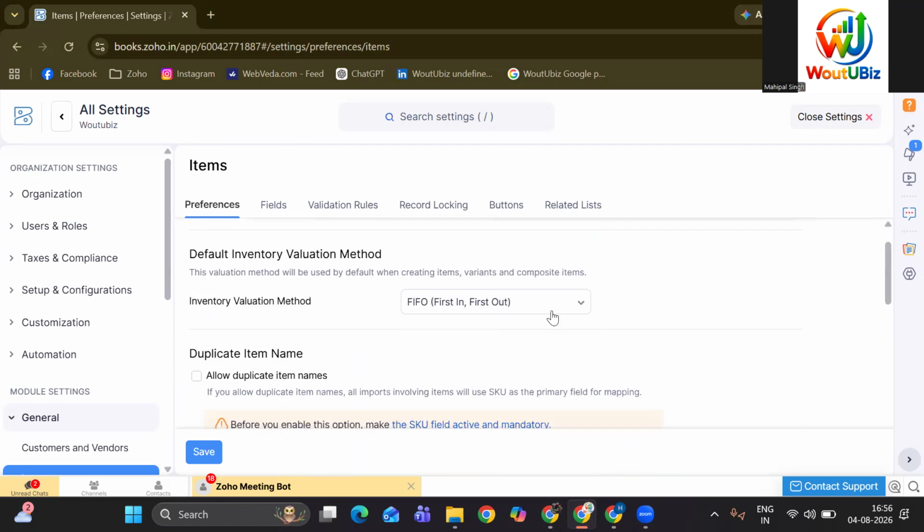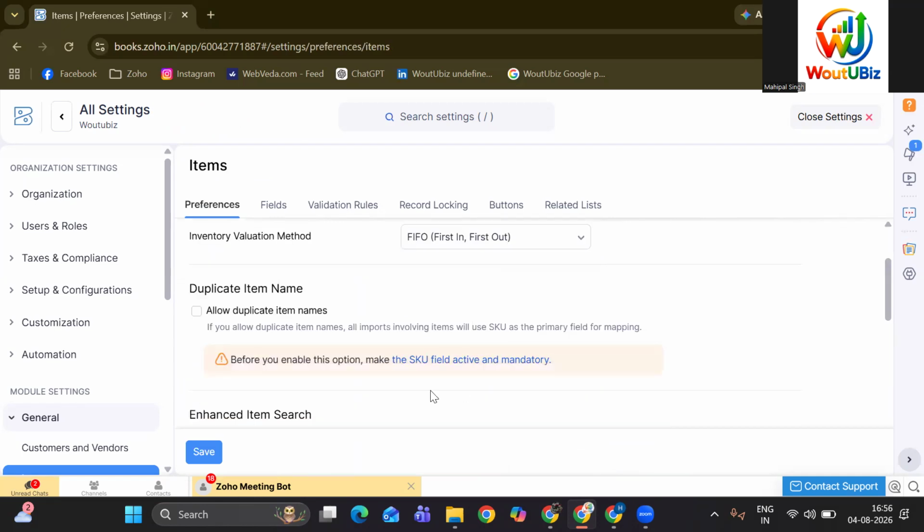Default inventory valuation method. We have various options like first in, first out, weighted average, or moving average. But for my company, I need first in, first out. I have selected that option. You can see another option like